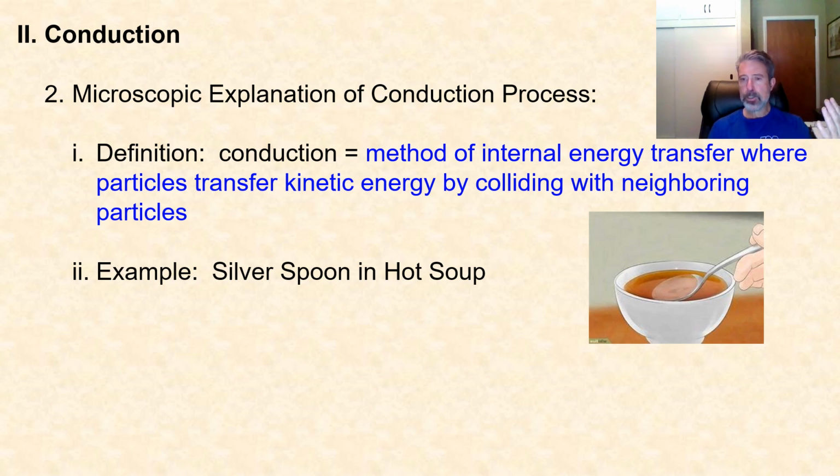And in the process of those collisions, they transfer kinetic energy. Those silver atoms then collide with their neighboring silver atoms, which are moving slower, and in the process of those collisions, transfer kinetic energy. So this process of kinetic energy transfer via collisions with neighbors continues until the kinetic energy has been transferred really from the ladle end of the spoon all the way down to the handle end of the spoon,